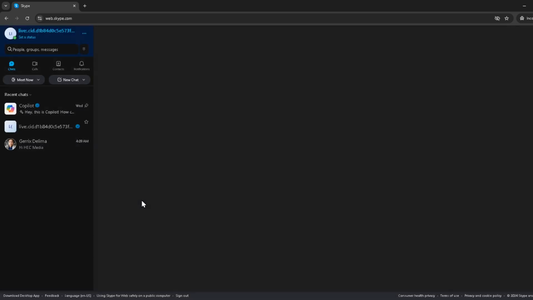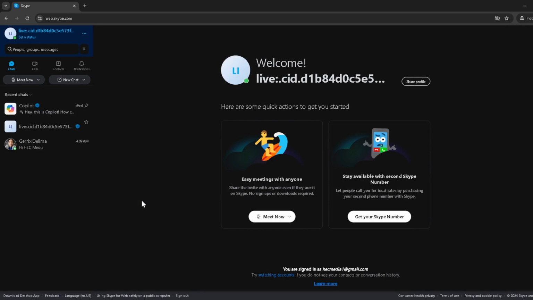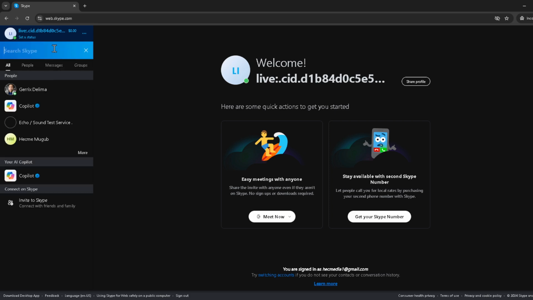Now that you're signed in and your Skype dashboard is open, let's find that search bar. It's usually located at the top of the interface. This tool is your gateway to finding new contacts on Skype, so let's go ahead and make good use of